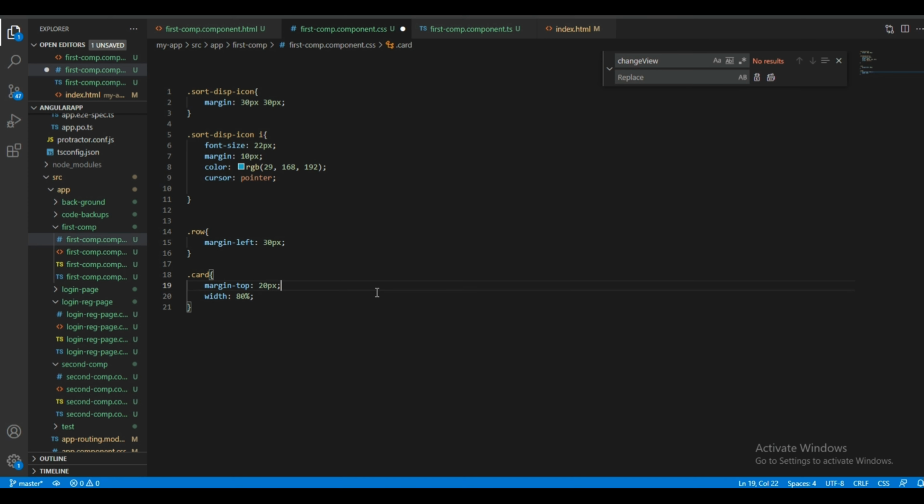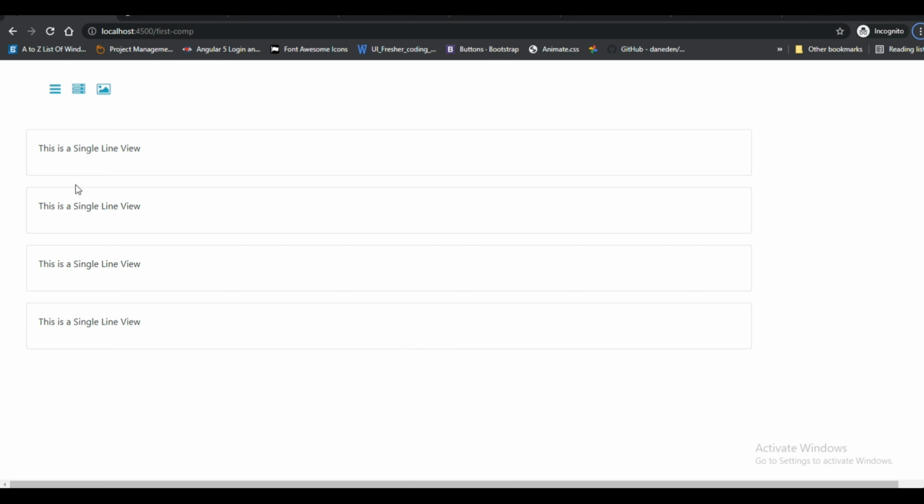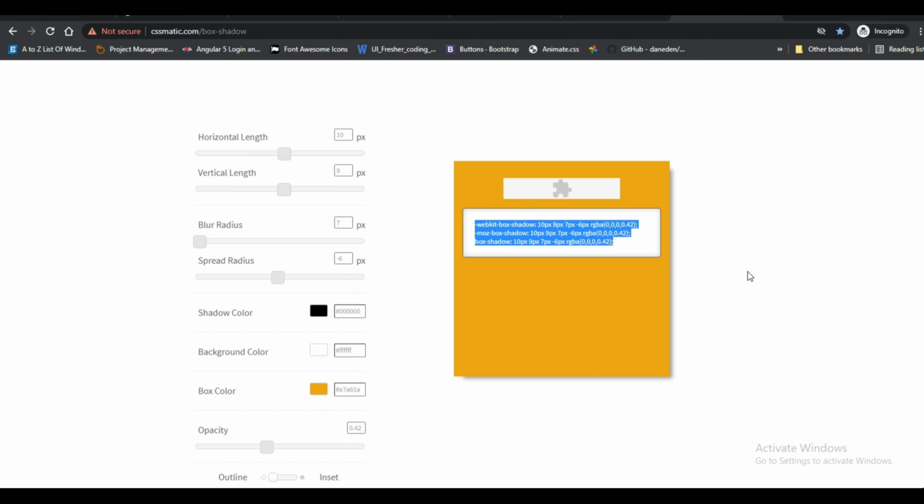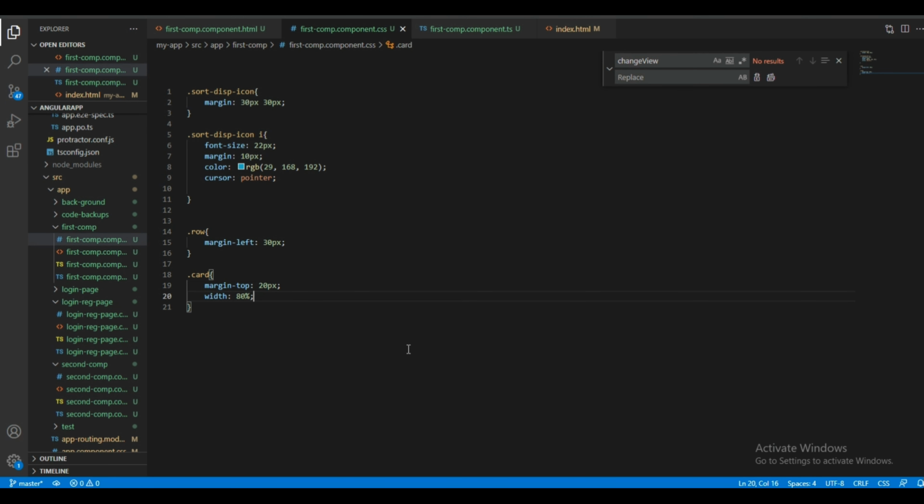Okay, and I wanted to give a card shadow. As I mentioned before, there is a website called CSS Matic. So this is okay for me, so I'm copying this and I will paste it here for card shadow.